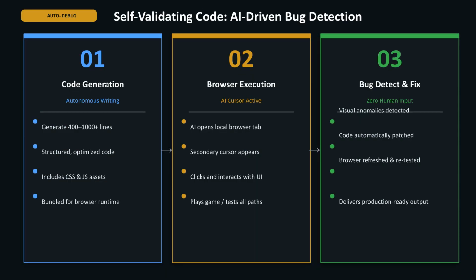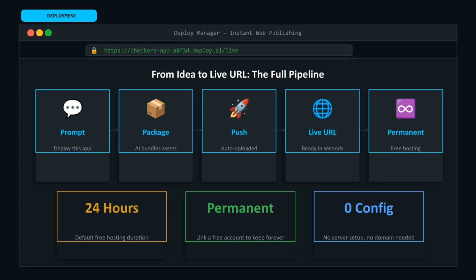The self-validating code process involves 3 steps. First, code generation produces structured code. Second, browser execution activates the AI cursor to interact and test all paths. Third, bug detect and fix automatically patches code and delivers production-ready output with 0 human input. The full deployment pipeline goes from a simple prompt to a live URL. The AI handles packaging assets, pushing the application, providing an instant live URL, and offering permanent free hosting with 0